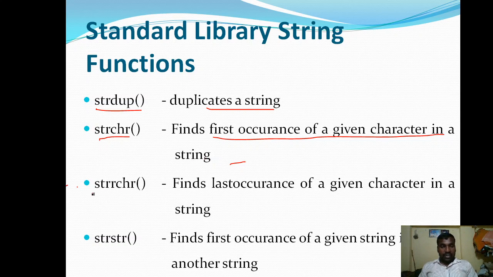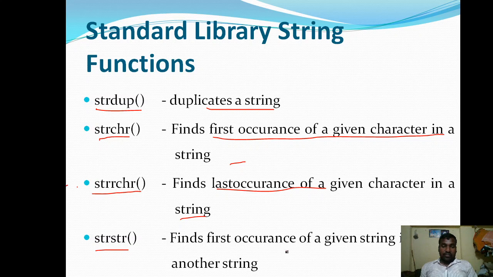Then strrchr finds the last occurrence of a given character in a string. So the first one, strchr, is to find the first occurrence, and strrchr is to find the last occurrence of a given character in a string. Then at last strstr.